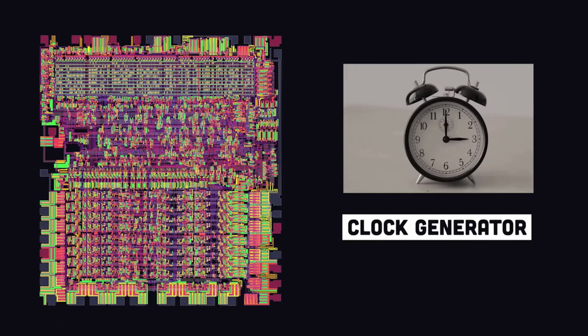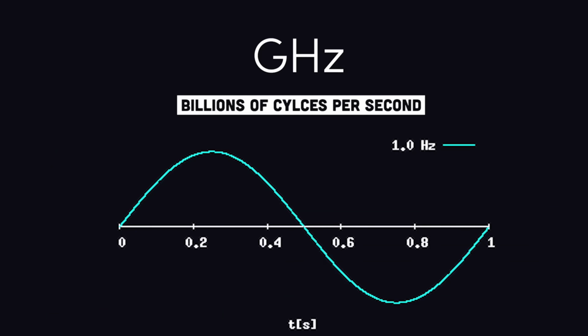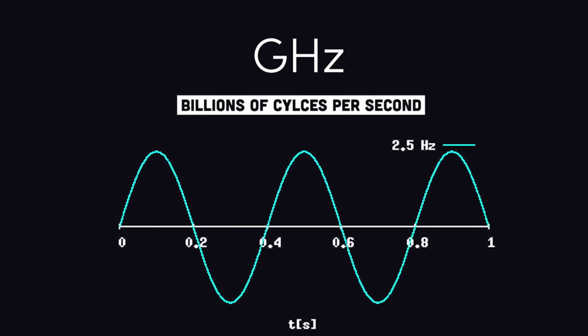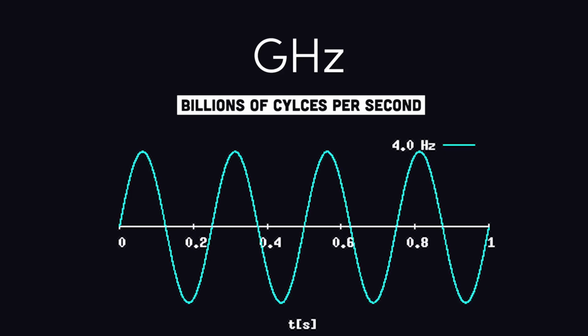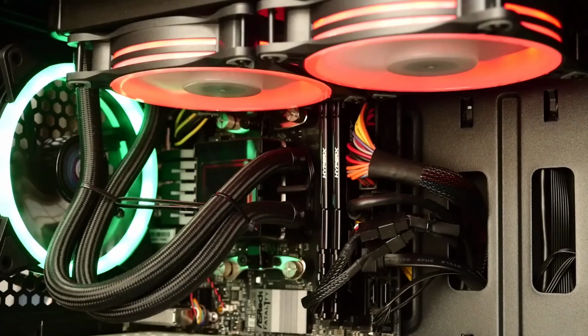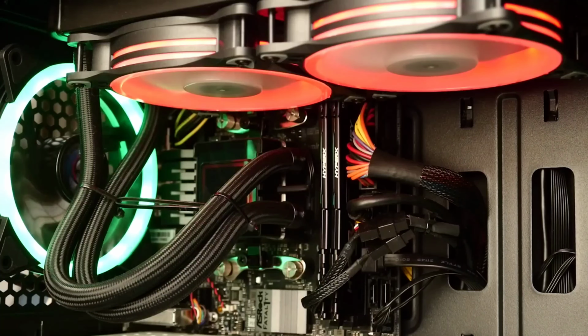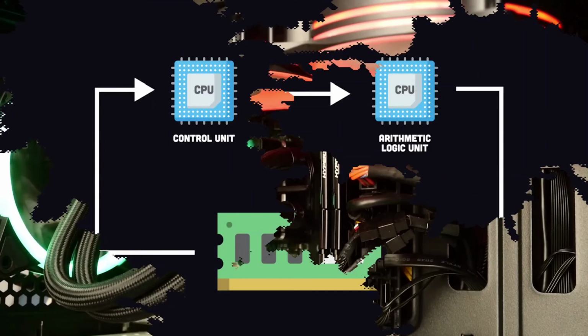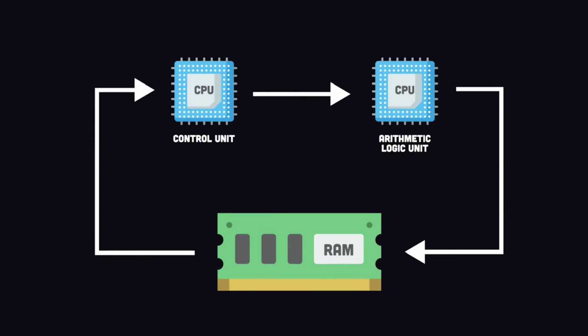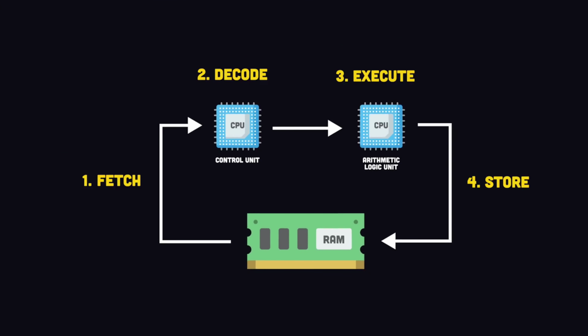The state of the CPU is synchronized by an oscillator known as the clock generator. In general, the more times the clock can pulse per second, the faster the CPU can compute, and is normally measured in gigahertz. Gamers will sometimes overclock their CPUs to gain more performance at the cost of higher temperatures and a lower life expectancy. Now, in order to run applications, it interacts with the system memory, or RAM, in a